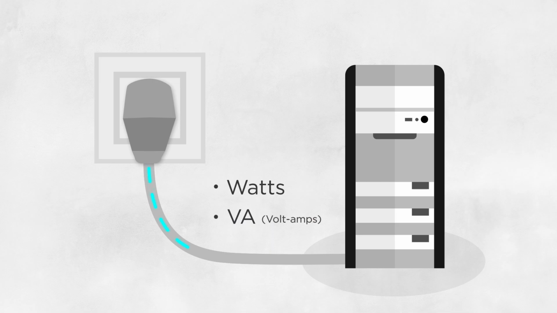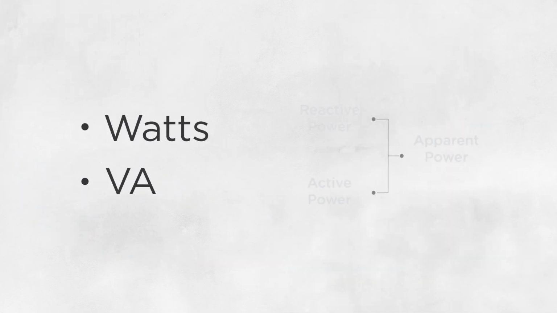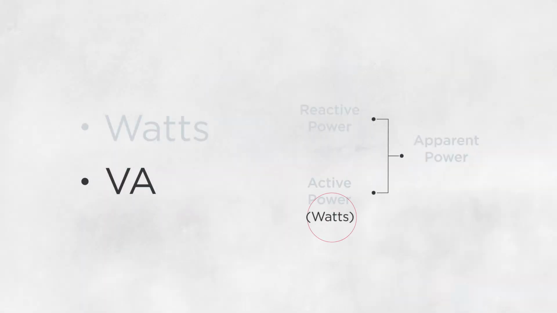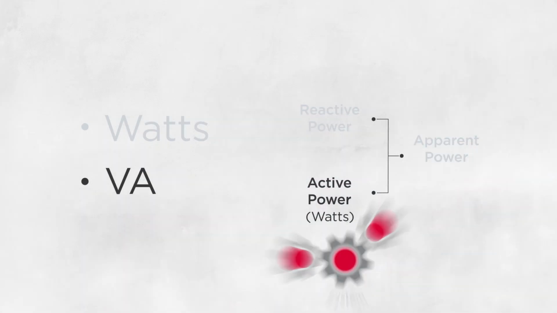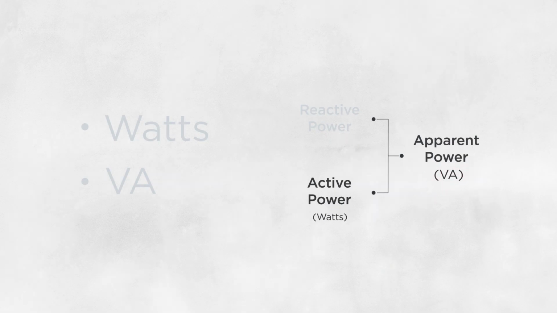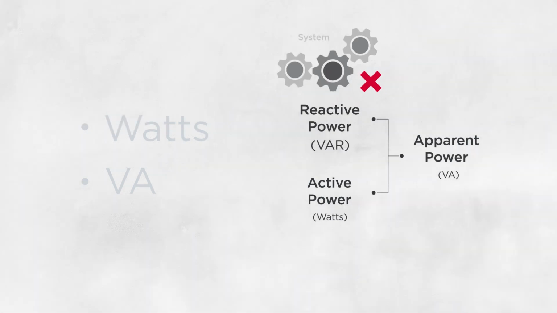To start, the power drawn by an electrical appliance is expressed in watts and VA, the volt-ampere. These values define the amount of power that a device needs to run. Both watts and VA serve different purposes. Watts represents the true power that is taken from the utility grid. It is called active power and it performs useful work. VA, the apparent power, represents the power drawn from the wall, but also considering the reactive power. This power is measured in volt-ampere reactive, and it is actually not used in the system.